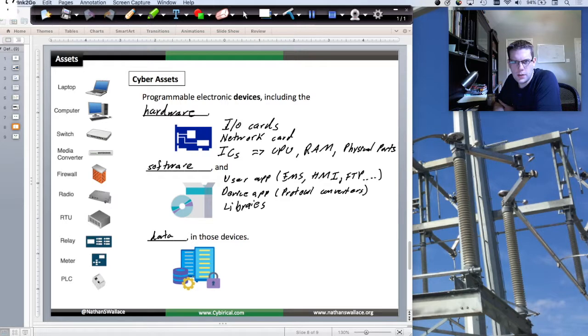And let's say APIs. So if they're inheriting or pulling in some open source library, some open source tool to make their own secret sauce, what vulnerabilities does that introduce into the system, as well as the data that's actually in those devices. So, you think of this as, in the case of a relay, you can look at the settings